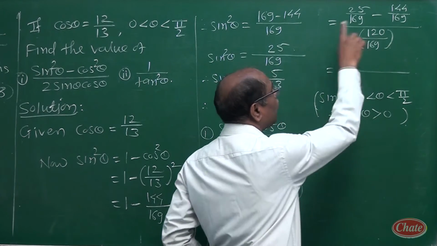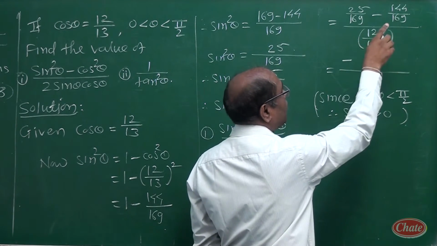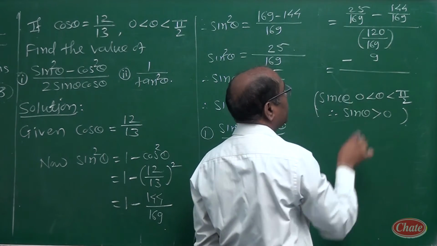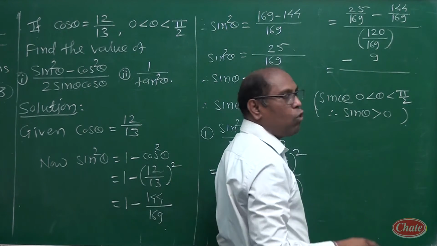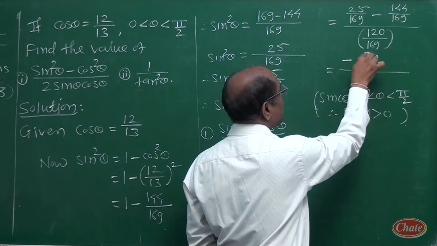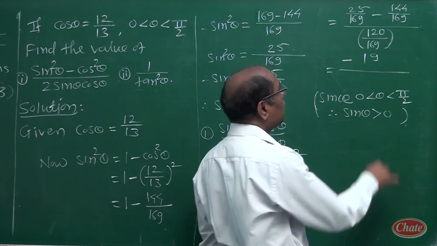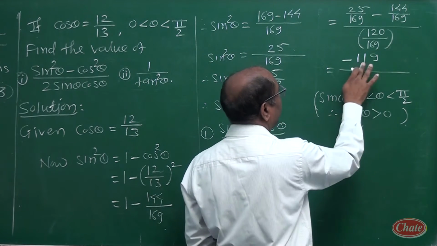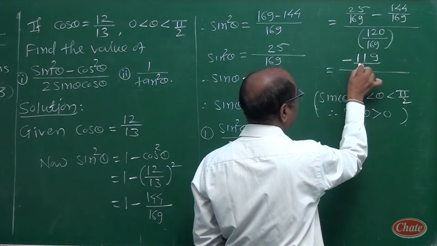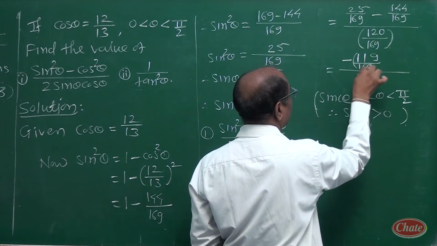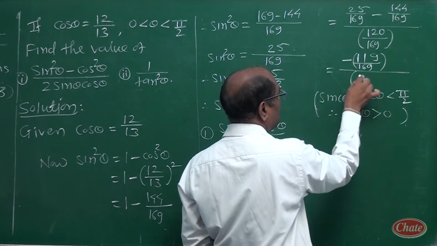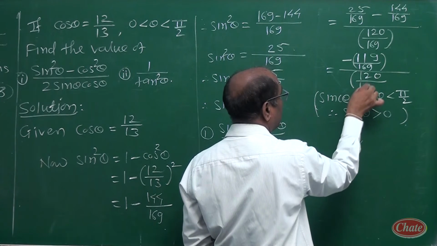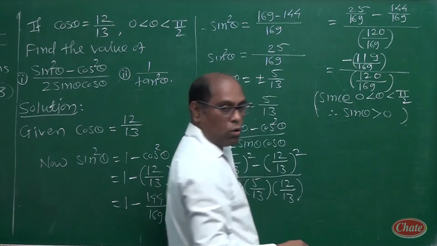So minus, 144 minus 25. 14 minus 5, that is 9. 1 carry. 4 minus 3 is 1. And here we get 1. So 119, divided by 169, upon 120 upon 169. Okay,